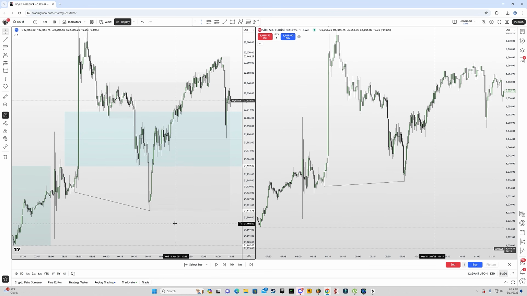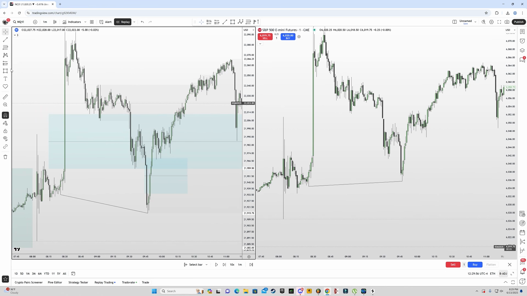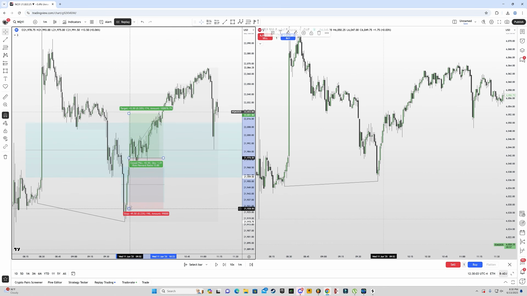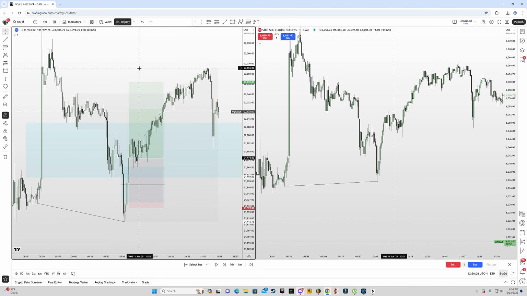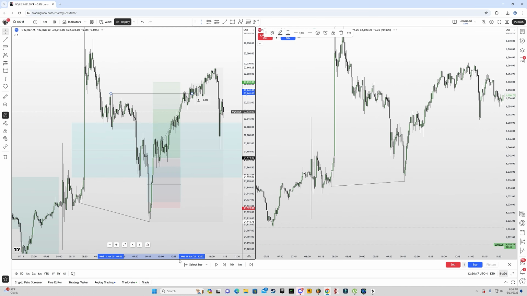Now, as soon as we had that, I was looking at this dealing range, from this dealing range high to this dealing range low, and we had these two fair value gaps. What I did as soon as price inversed above this, that was my long. My stop was somewhere around here, and I went for 12115 because we had these equal highs here, and I knew that when price goes here, there's a possibility that price can reverse from that level. So very simple stuff.